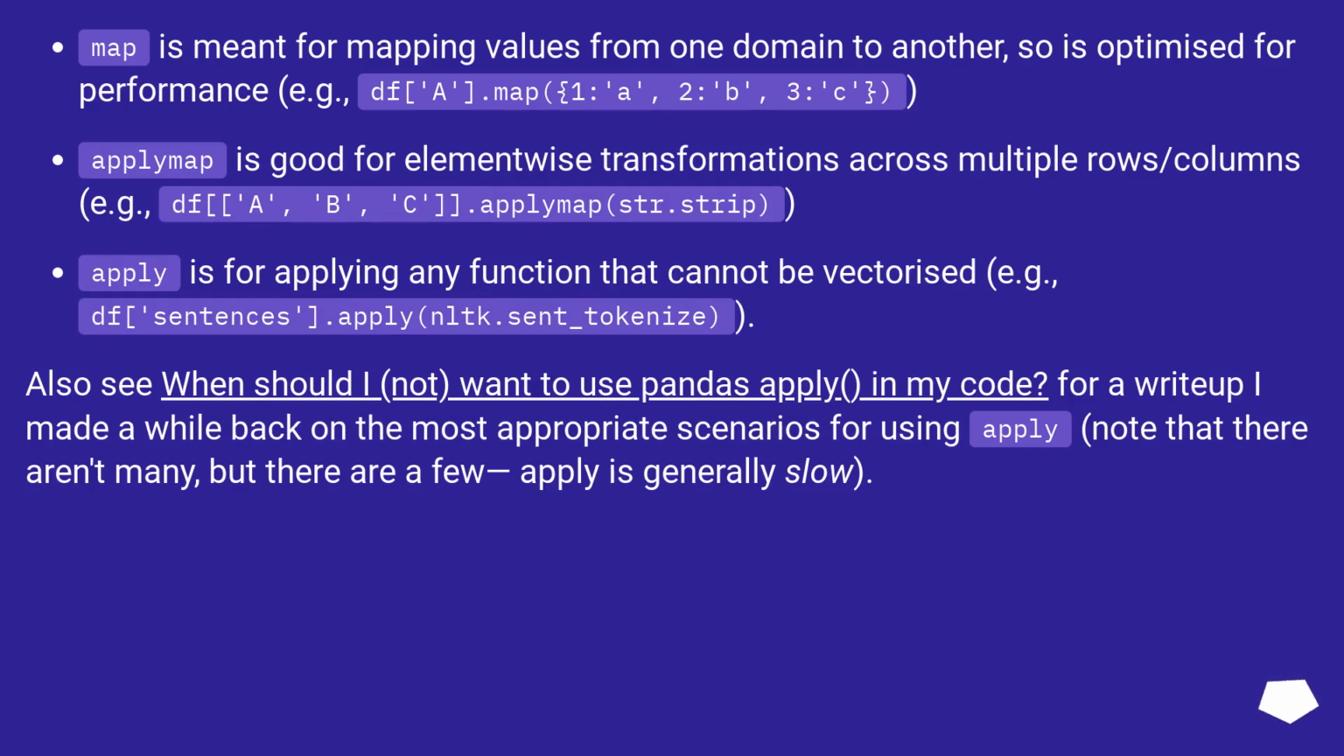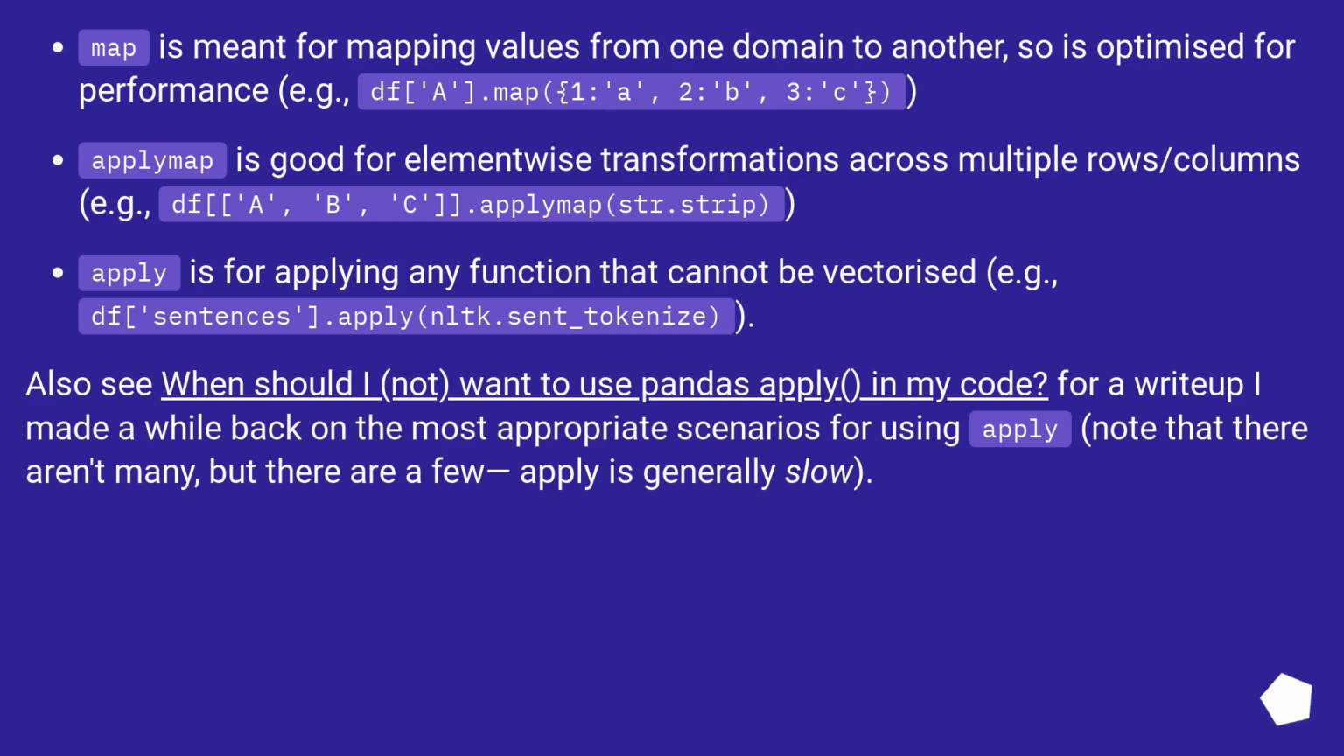Map is meant for mapping values from one domain to another, so is optimized for performance. For example, df['A'].map({1: 'a', 2: 'b', 3: 'c'}). Applymap is good for element-wise transformations across multiple rows/columns, for example, df[['A', 'B', 'C']].applymap(str.strip). Apply is for applying any function that cannot be vectorized, for example, df['sentences'].apply(